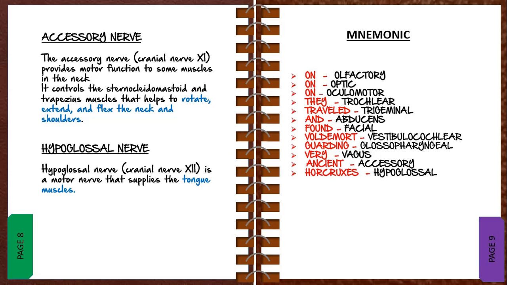So this is how you can keep a mnemonic, so that you can memorize it and keep the cranial nerves in your brain. Any time of the day, when anyone asks you how many cranial nerves there are, you can just remember the mnemonic and translate the wording. The first alphabets of the mnemonic will be the first alphabets of the cranial nerves.